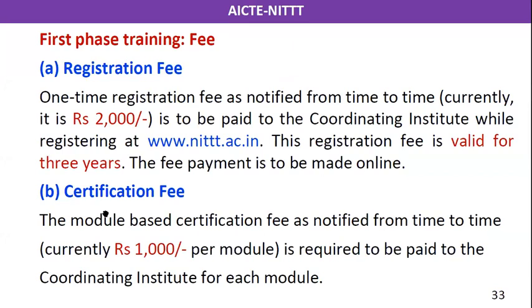Whatever course you registered for and are taking for the examination, you need to pay 1000 rupees. But this 2000 you can pay initially. After that only the 8 modules will appear in our login. Then to access the course from the beginning itself, you need to pay 1000 rupees. Whereas in NPTEL you need to pay only during examination registration, but in NITTT from the beginning itself you need to pay 2000 rupees, common for all. Then the course is 1000 rupees. Then only you will access the course pages.